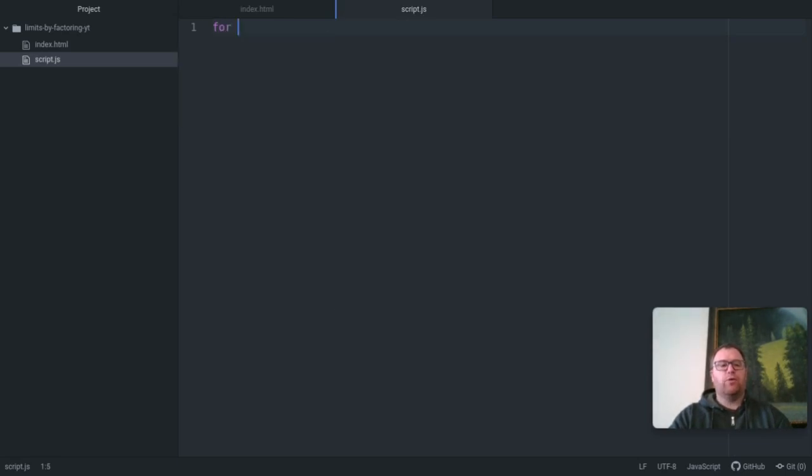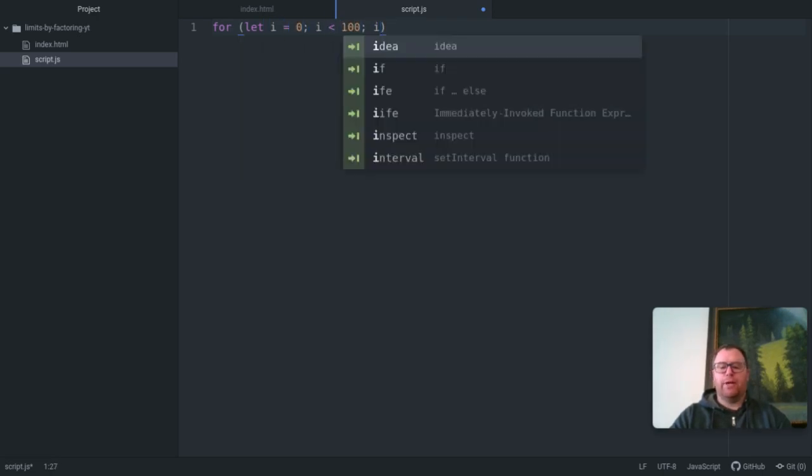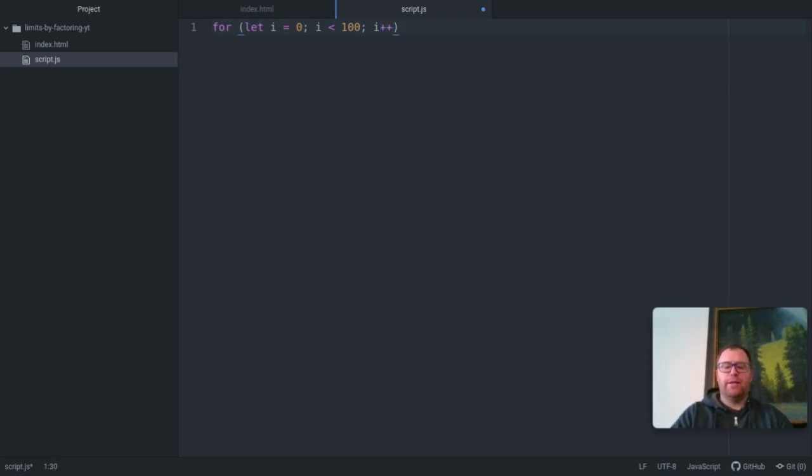So typically I'd have a for loop. I'm going to have 100 problems. So I'm going to let i equal 0. i is going to be less than 100, and we're going to increment i by 1 each time up through the loop. Okay, so now what we're going to do is we need to call some functions to create some